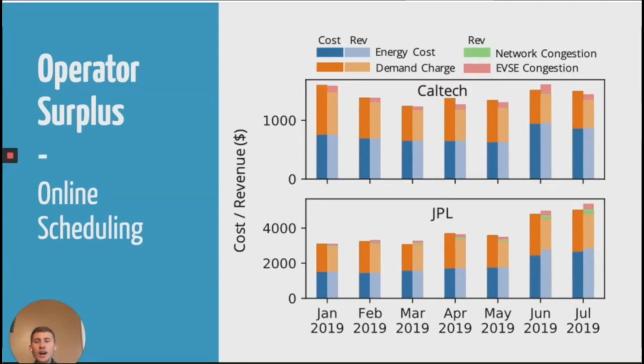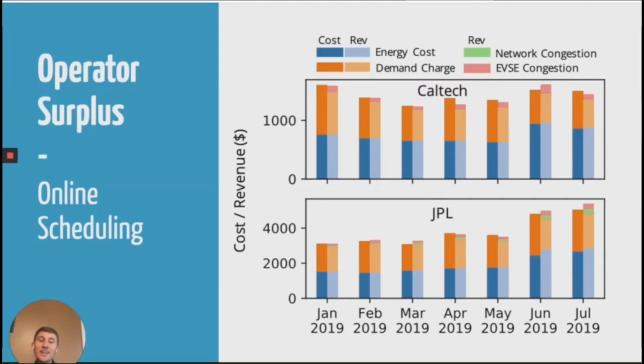As we move to the online scheduling, you'll notice that the revenue terms haven't changed. That's because of our disassociation of pricing and control. Our pricing model did not change even though we've moved to online scheduling. You'll see that the other impact of this is that some of our costs are now higher than our revenues. We can't guarantee revenue adequacy because we're scheduling using only limited online information.